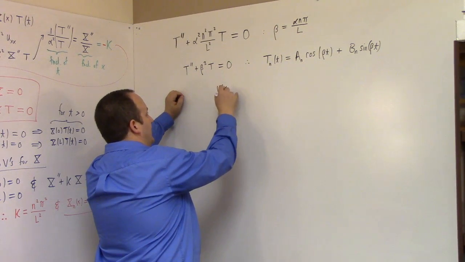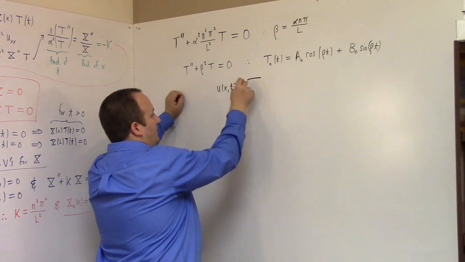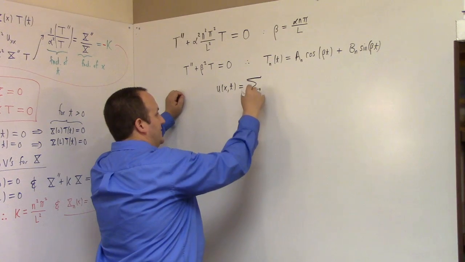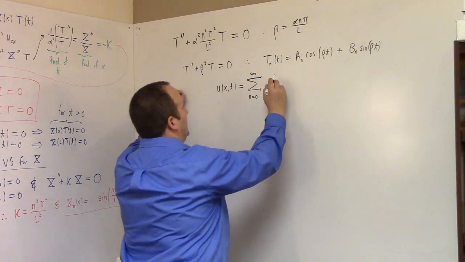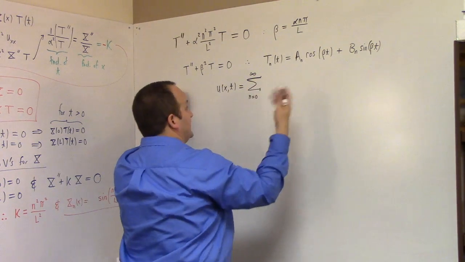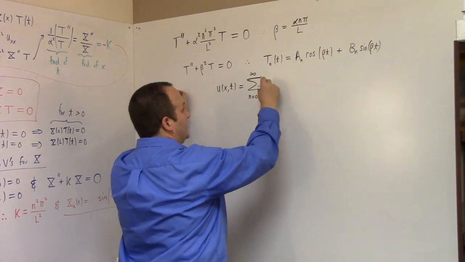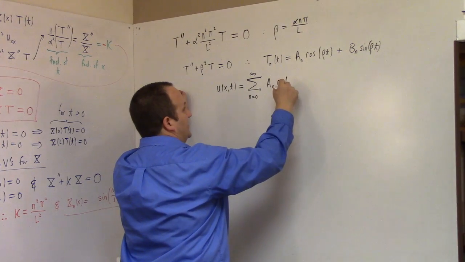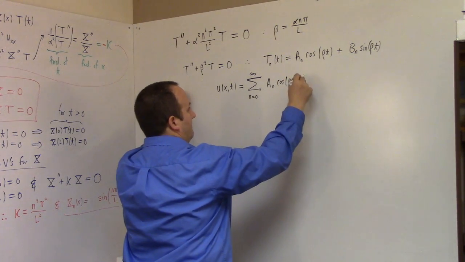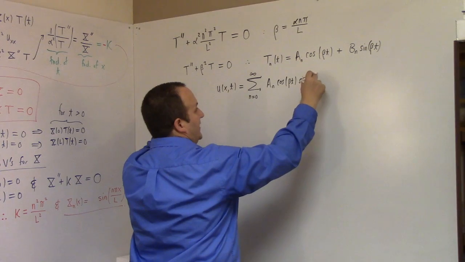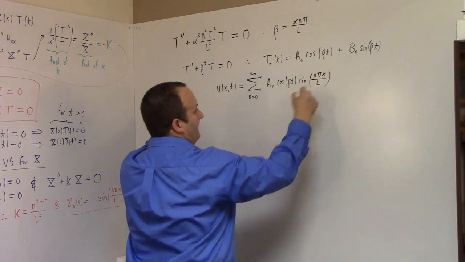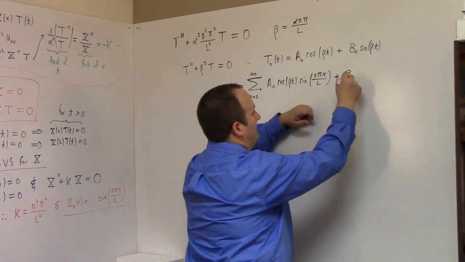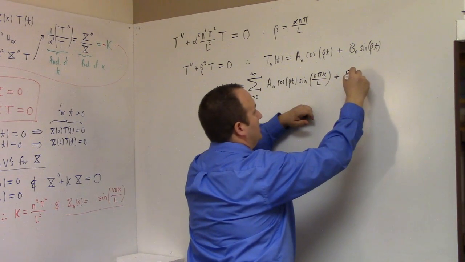Now, this gives us a way to construct a formal solution. I know that if I satisfy the boundary conditions with one of these, the nth solution, and I add them together, I still satisfy the boundary conditions. So a nice general solution to the boundary value problem is u of x,t equal to the sum, n equals 0 to infinity, of X_n times T_n, which working it out is going to be a sub n cosine beta t sine n pi x over L, and then plus the b sub n sine beta t